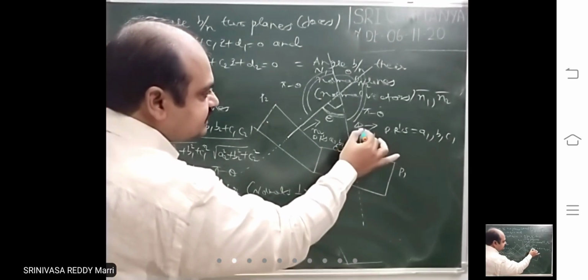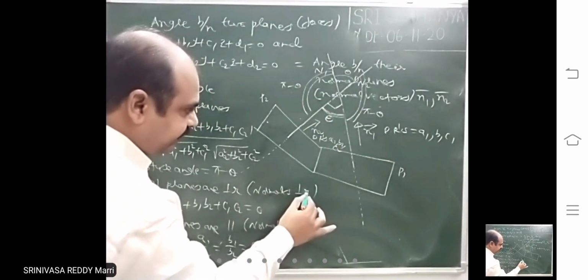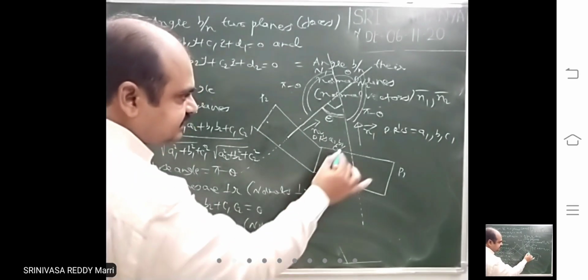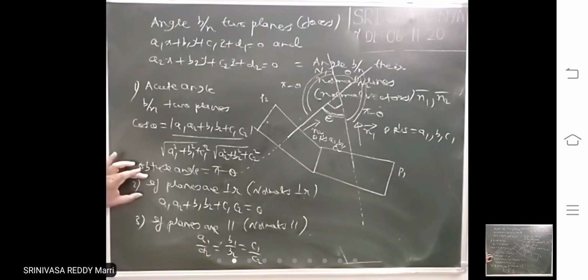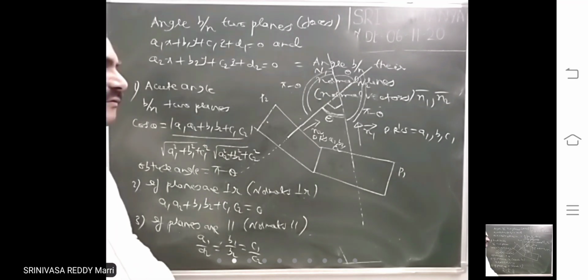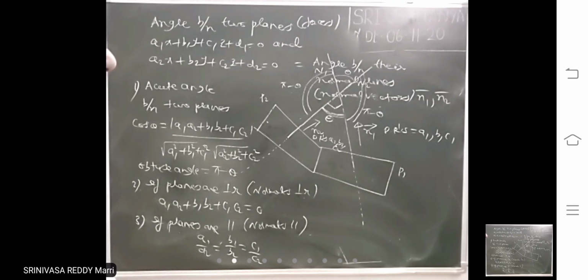here what happens is this normal vector will be perpendicular. Here what happens is this normal vector and this normal vector will be collinear vectors. Like that, if two planes are given, angle calculation, if the planes are perpendicular, condition, if the planes are parallel, condition. Whenever angle between planes is there, you always remember in mind that it is nothing but the angle between their normals, normal vectors.